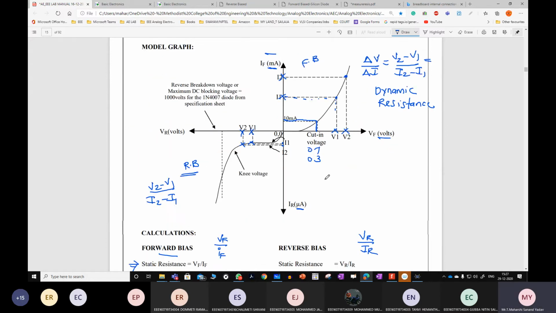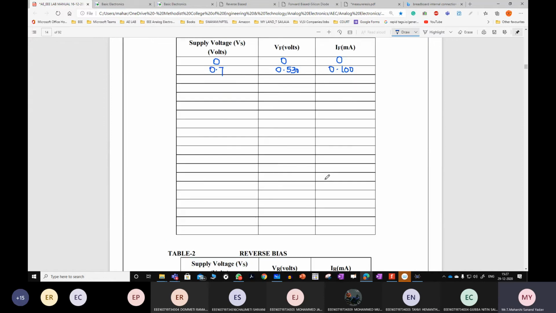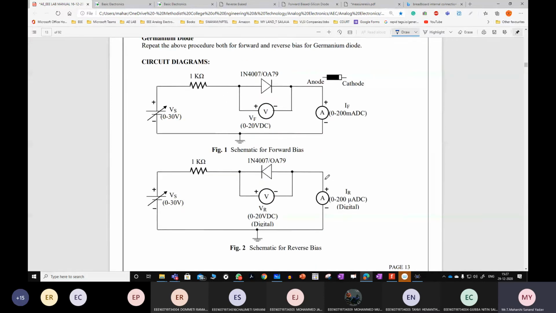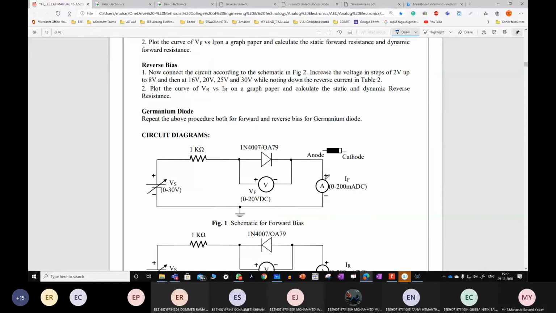And what kind of viva questions can you expect from this experiment? Difference between static and dynamic.